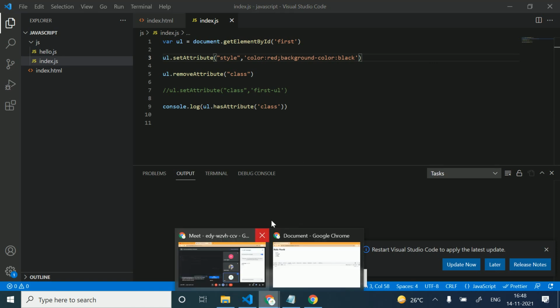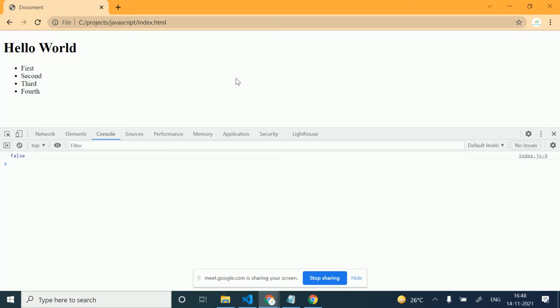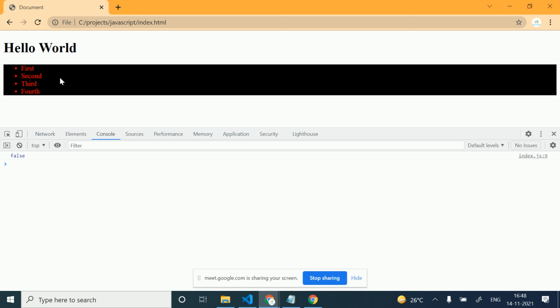Let's check this. Now the background color is black and the text color is red. So in this way we can add the styling as well.